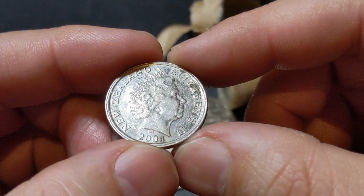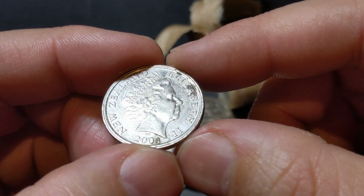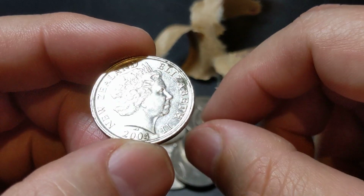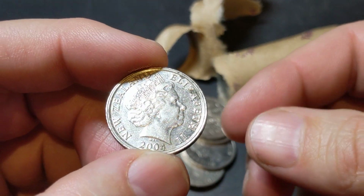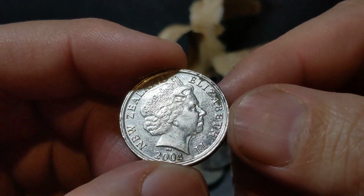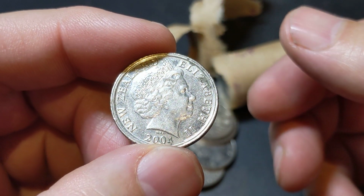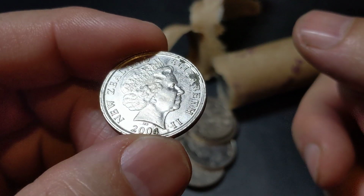Okay, obviously I don't get to see many 2004 10-cent coins come through. I usually find a lot of the older ones, but certainly not the 2004. And it's probably the first 2004 one I remember finding, to be honest. But it's got the double rim, and all of a sudden I thought, hold on, what if this is the actual mule? So I quickly jumped online, and I'll show you the website I went to in a moment,